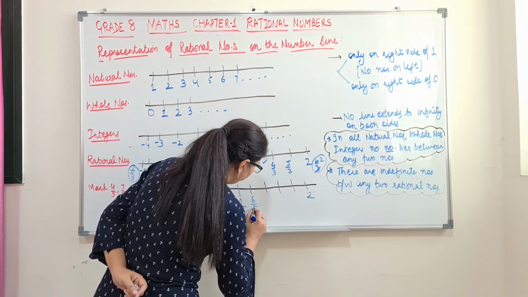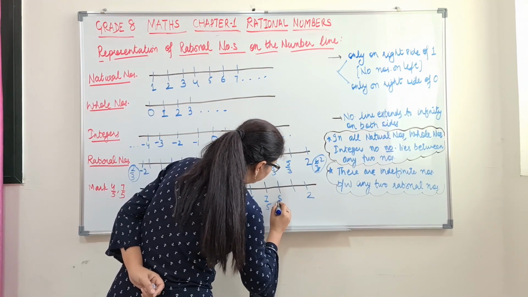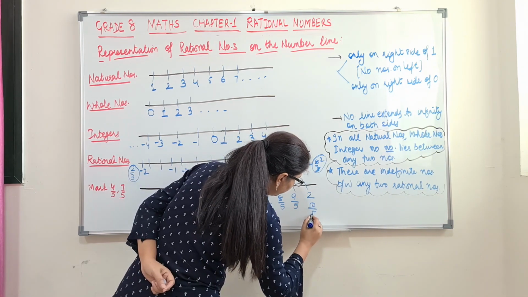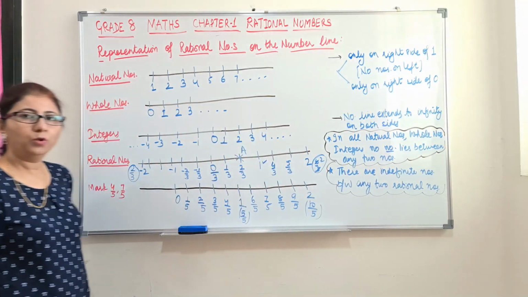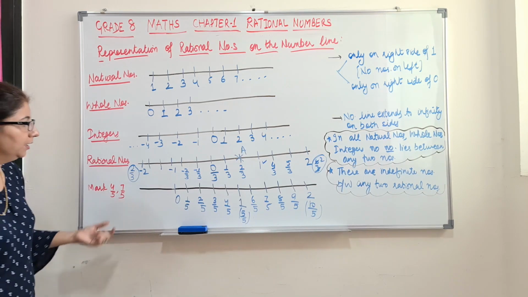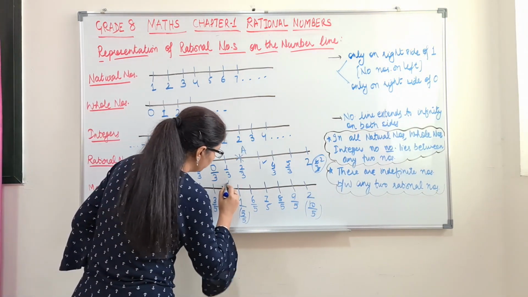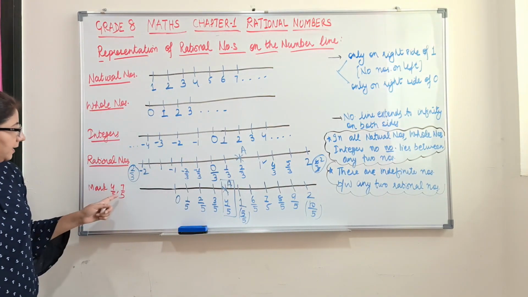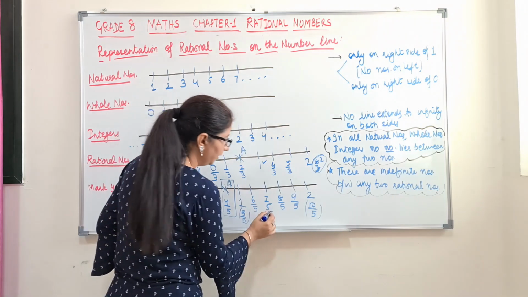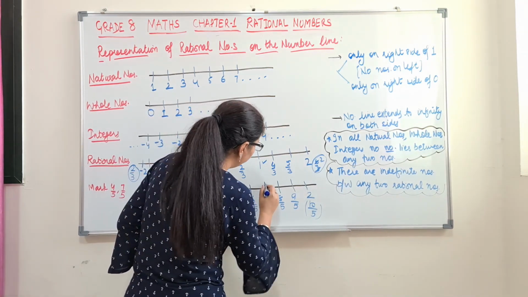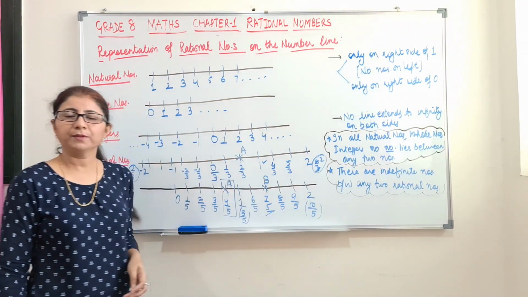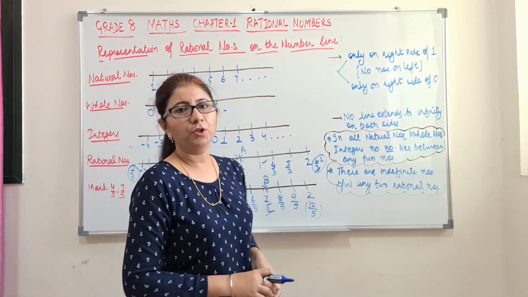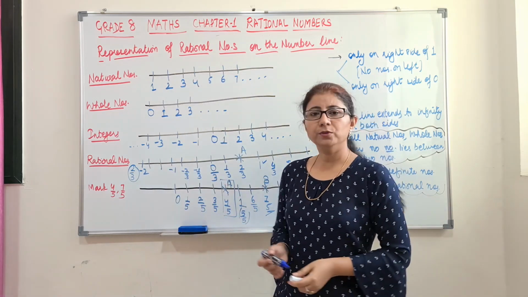Again 6 by 5, 7 by 5, 8 by 5, 9 by 5 and 10 by 5. So what are our numbers? 4 by 5. Where is it? Here. So this number is our A as 4 by 5, and second is 7 by 5. Here it is, 7 by 5. We will mark this position as B. Is it clear? So this is all about how to represent different numbers on the number line. So let's go to the next topic.